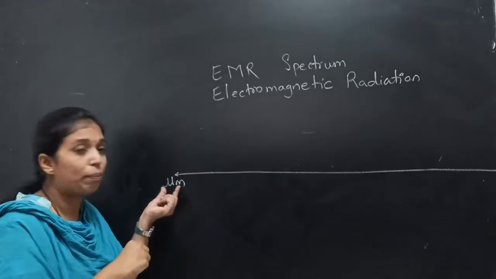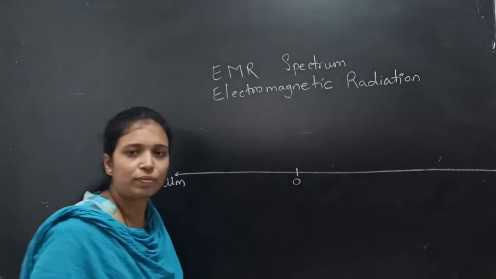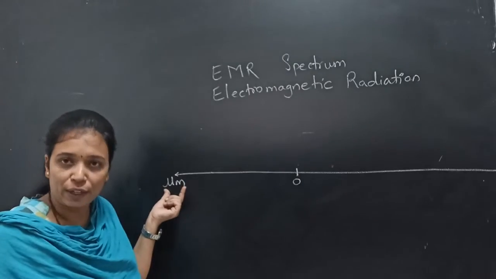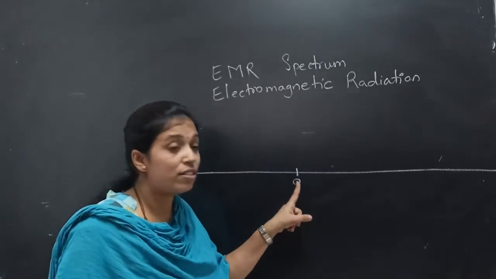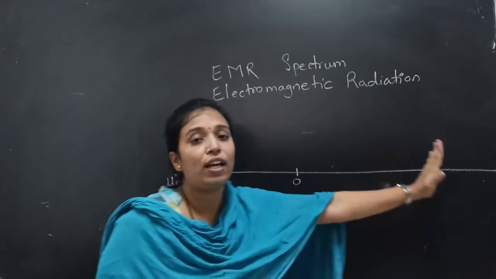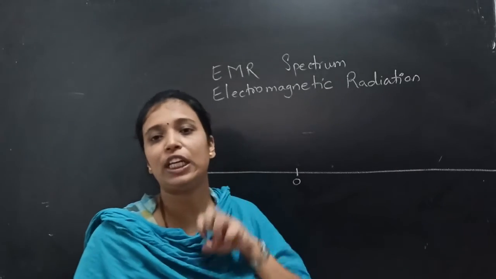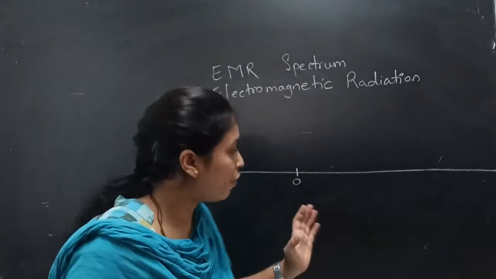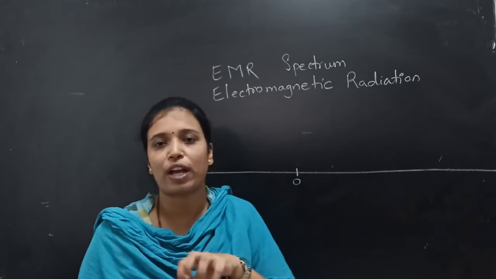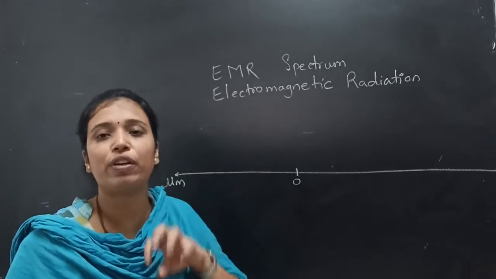And accordingly, when you are studying the electromagnetic spectrum, for example, this is a line with unit micrometer, and you have a center with 0. This is a spectral line which has the unit of micrometer, and if there is a 0 at the center, then keep in mind that always the rays on the right side are useful to capture the images in remote sensing. Now we will see whatever rays are available on this right side. These rays are useful for capturing the images, and the rays on the left side are harmful rays.